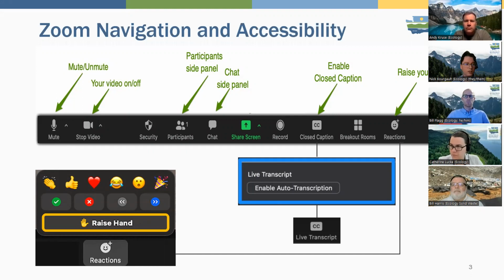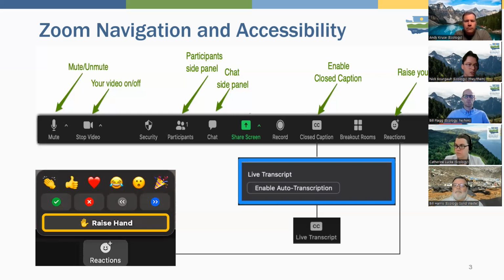During this meeting, we do encourage you to ask questions and provide input. We will have dedicated time for questions and input, but you're welcome to ask those at any time. You can participate either by raising your hand and speaking or by using the chat function. To access the chat, you'll click the chat button near the lower middle of your Zoom window.